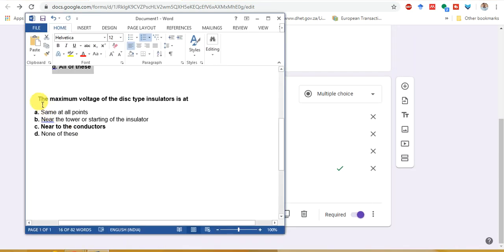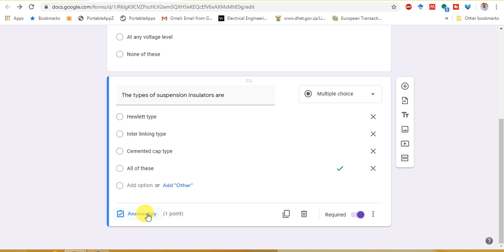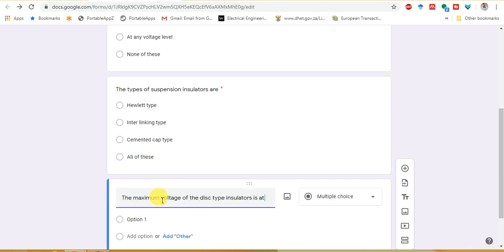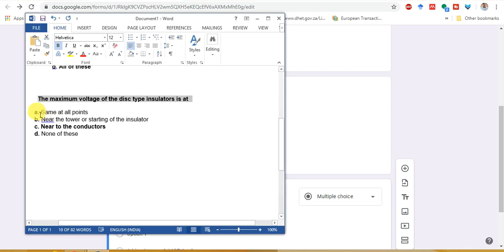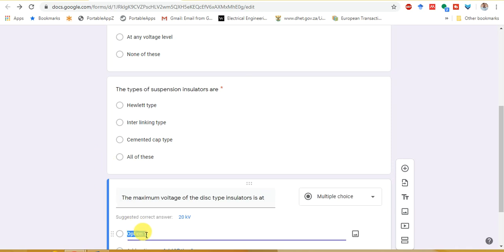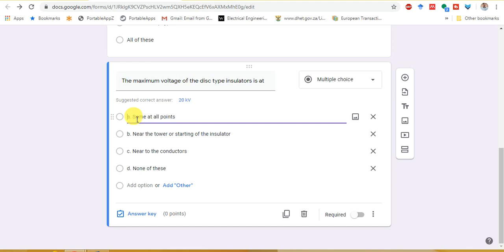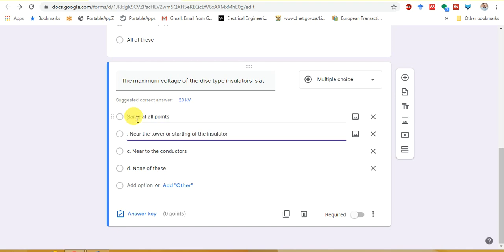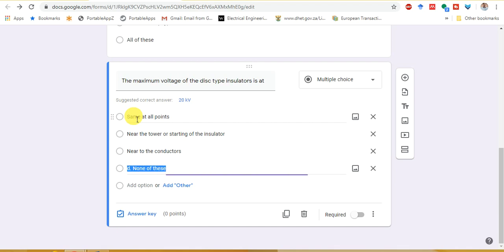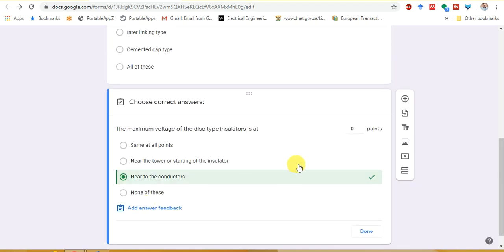Then another, third question. Copy, add question, paste the question, copy the answers, paste those answers, and then the answer key.